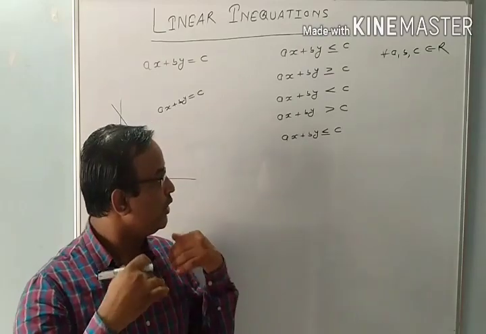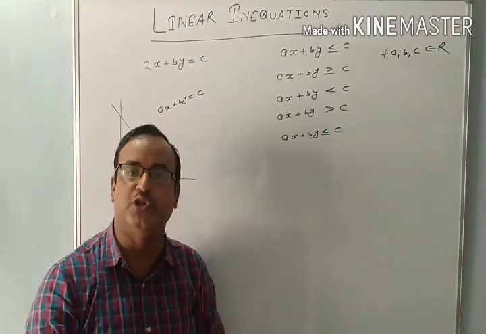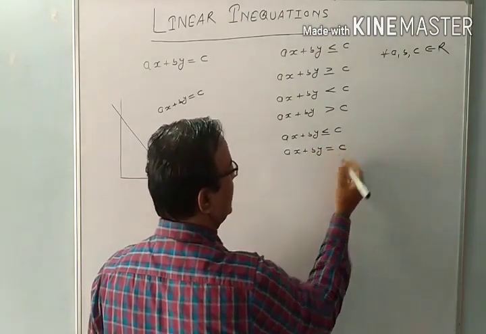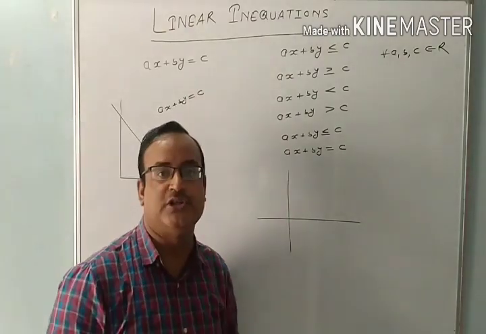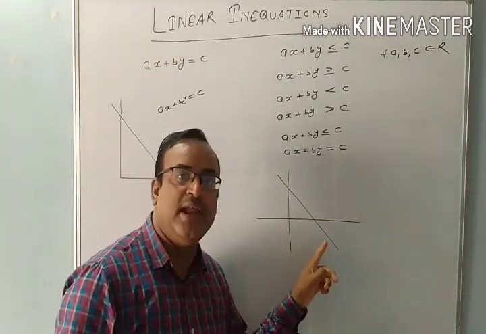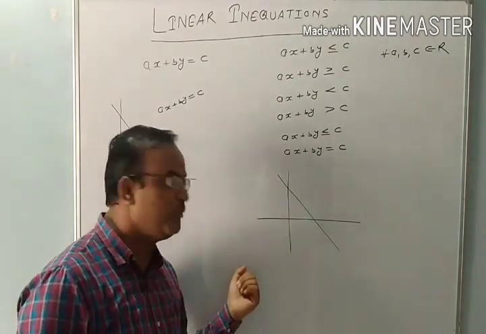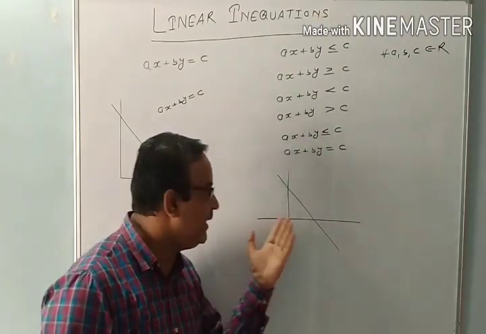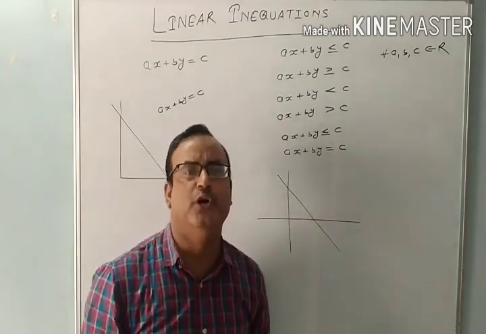we are finding the number of solutions, that means all values of x and y which satisfy the given linear inequation. First of all, we have to write ax plus by is equal to c. So all those values which satisfy the given linear equation are on the line, and maybe on the LHS side or the RHS side, that means in the upward direction and in the downward direction. So the solutions of this linear inequation are not only on the line. They may be on the upper side, they may be on the lower side. That is the difference. That means we will get a number of solutions here.